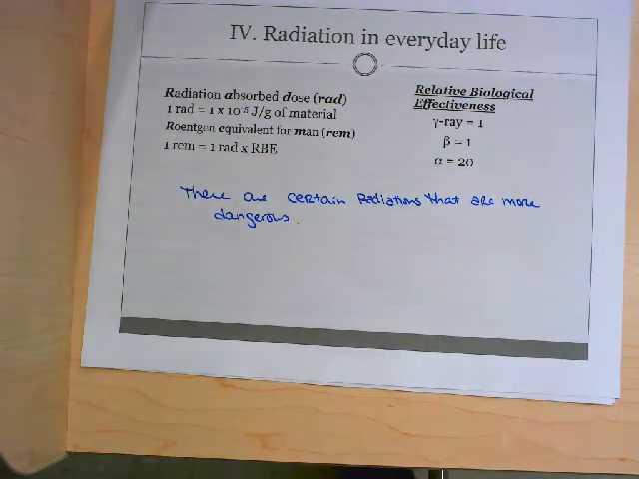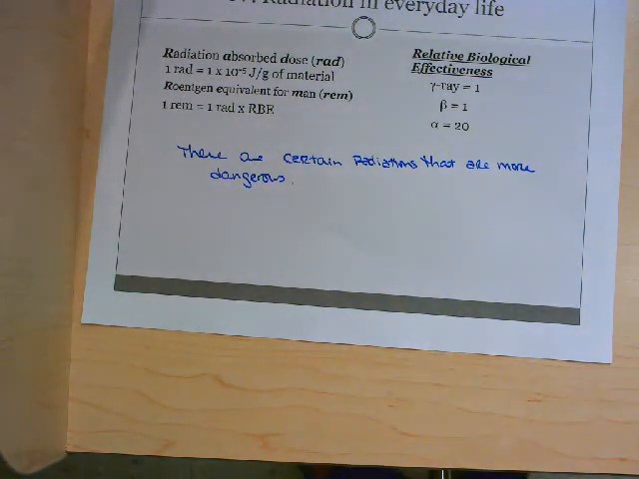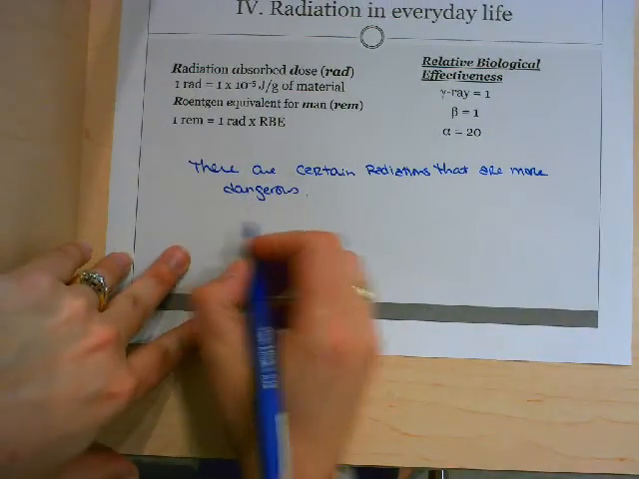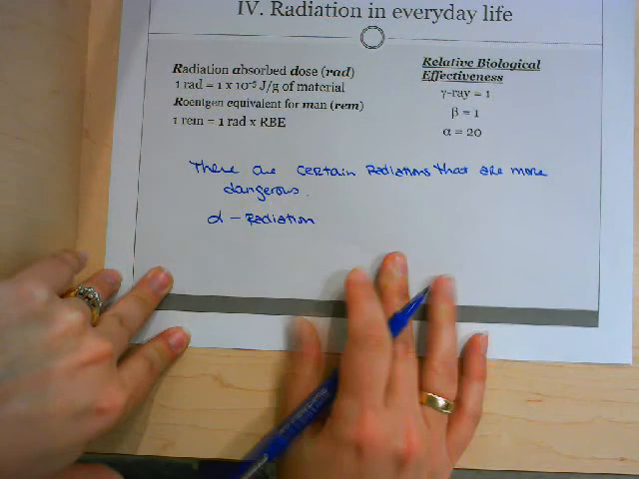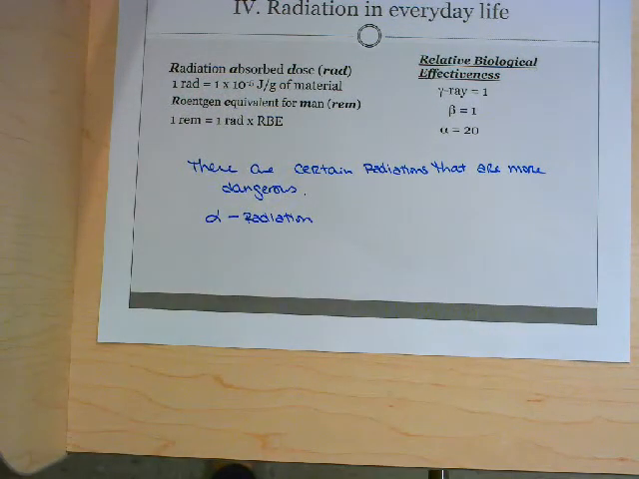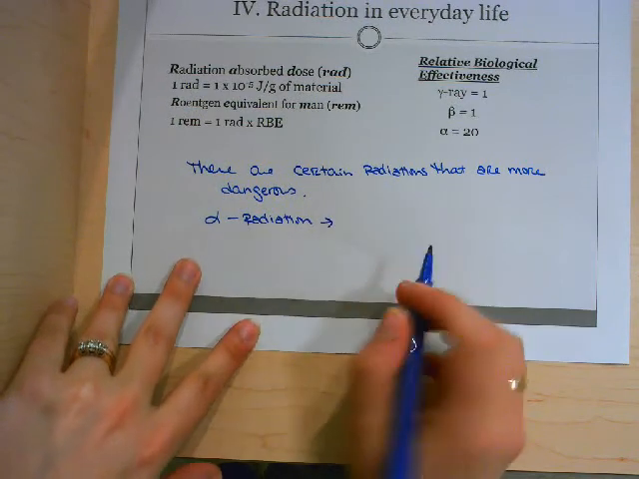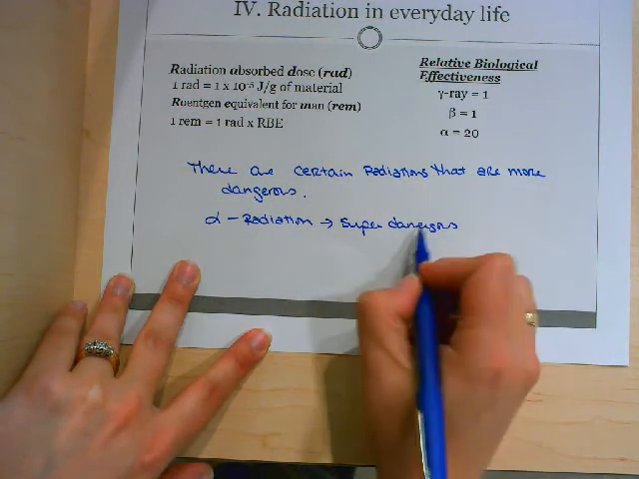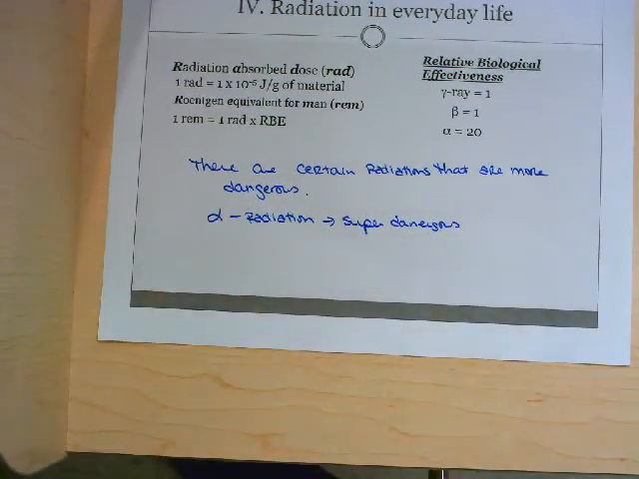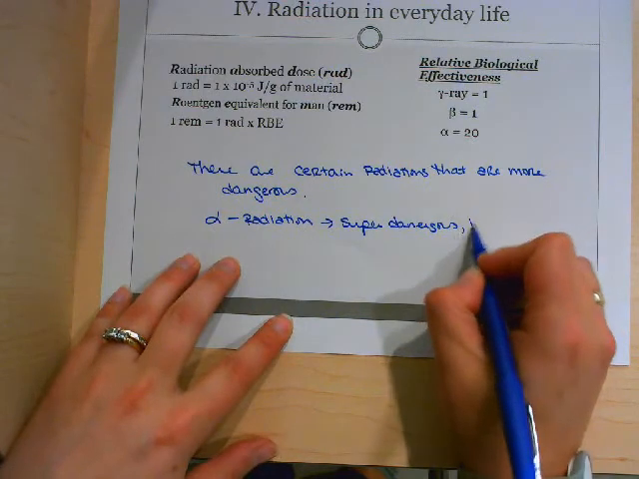But there are certain types of radiation that are more dangerous than others. So there is alpha radiation, alpha particle radiation. That's not spelled right, but everyone knows that word is dangerous. Anyway, super dangerous, but